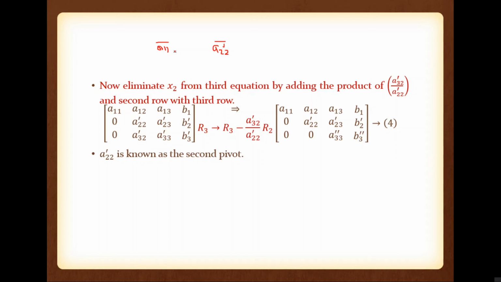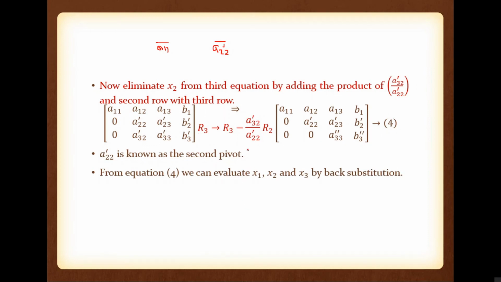After swapping, please remember, we have to try all possible swapping. So after trying all possible swapping, if the pivot is 0, then the indication is the given system is singular. Otherwise, we can find the values of x1, x2, x3. Is it clear? So that one is very important.